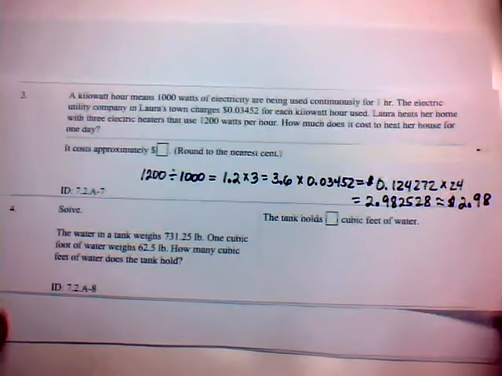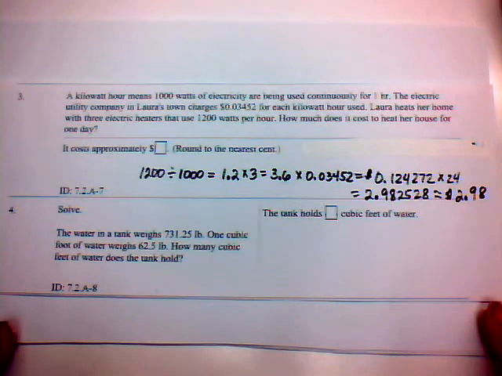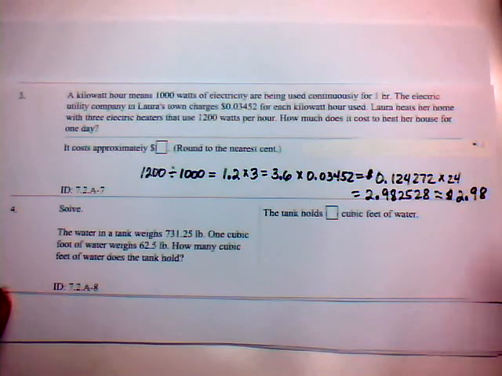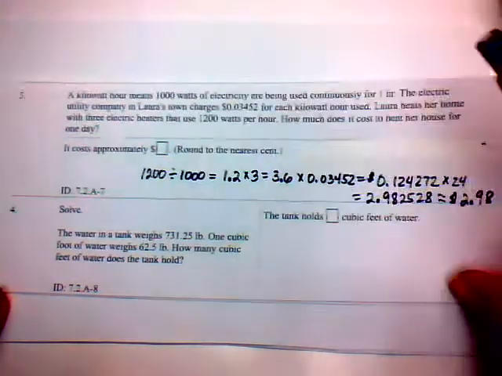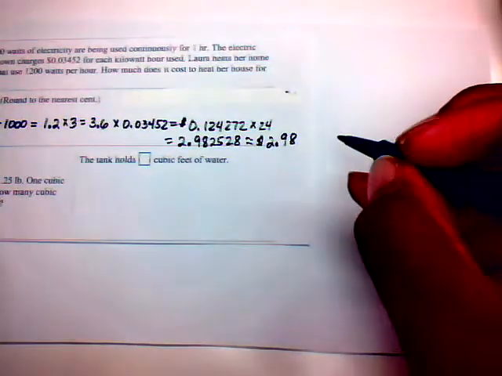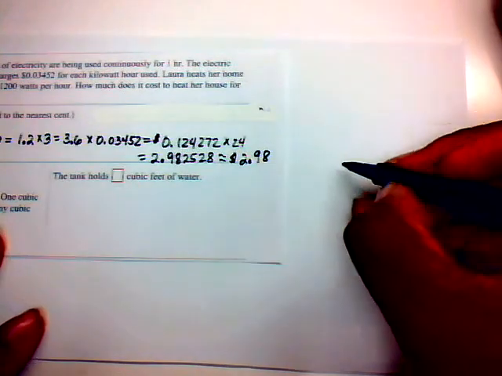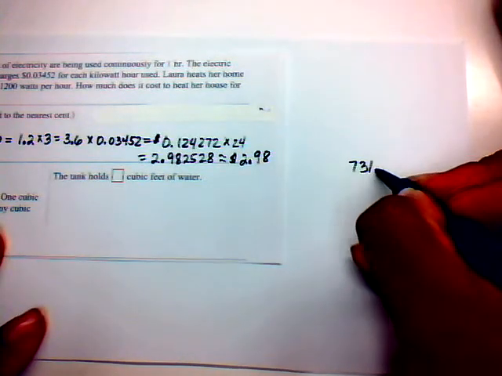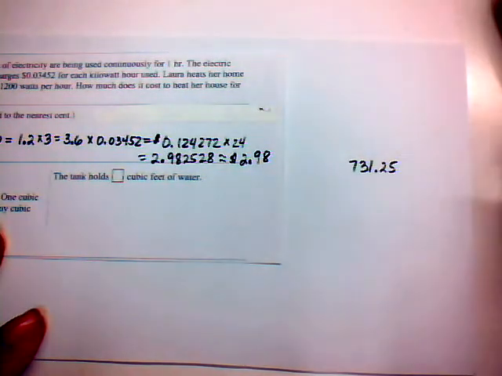All right, number 4 is to solve this problem. The water in the tank weighs 731.25 pounds. 1 cubic foot of water weighs 62.5 pounds. How many cubic feet of water does the tank hold? This one I'm going to do by long division. In this case, we've got 731.25 pounds of water,